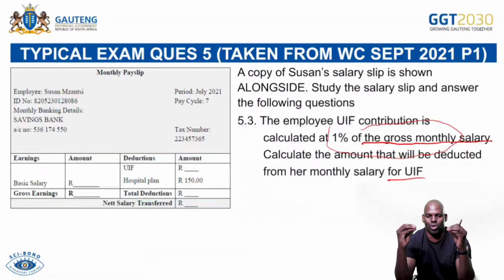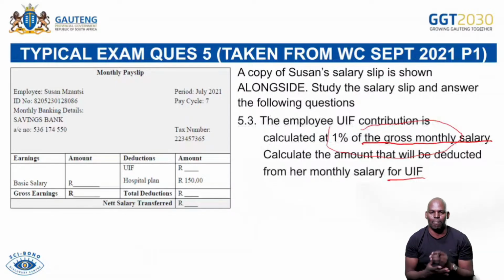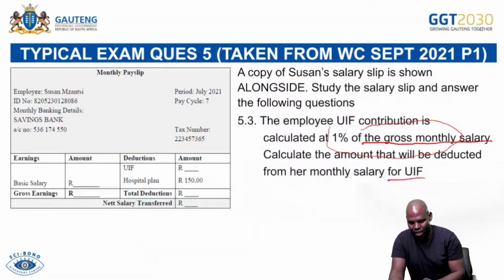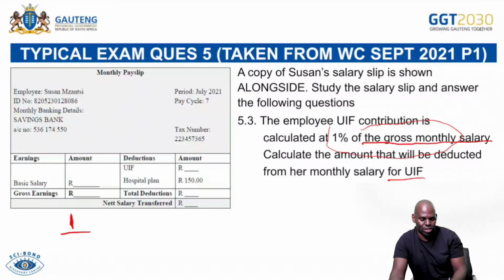But when we calculate UIF, we actually use the basic salary. But now in this case, because the examiner has indicated the gross monthly salary, we have to use that gross monthly salary. Okay, so it's going to say 1%. Now 1% obviously is the same as 1 over 100. Then we multiply by,